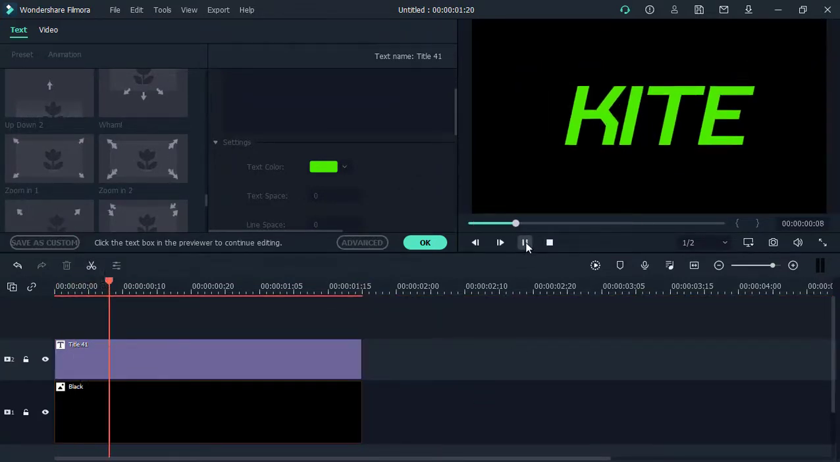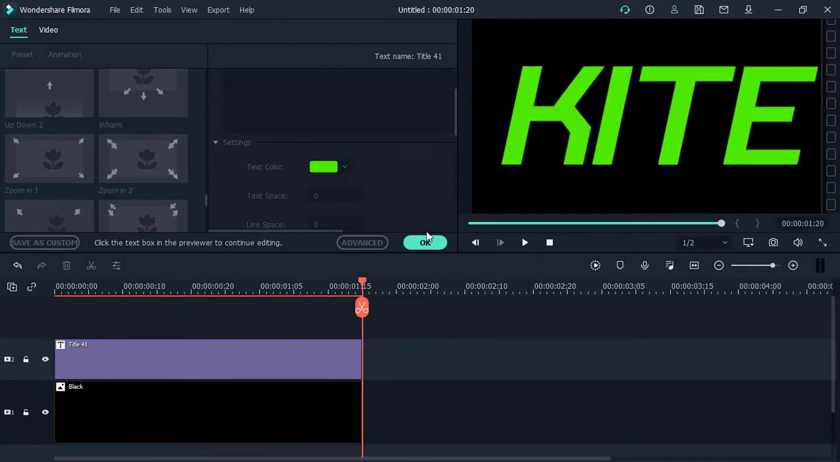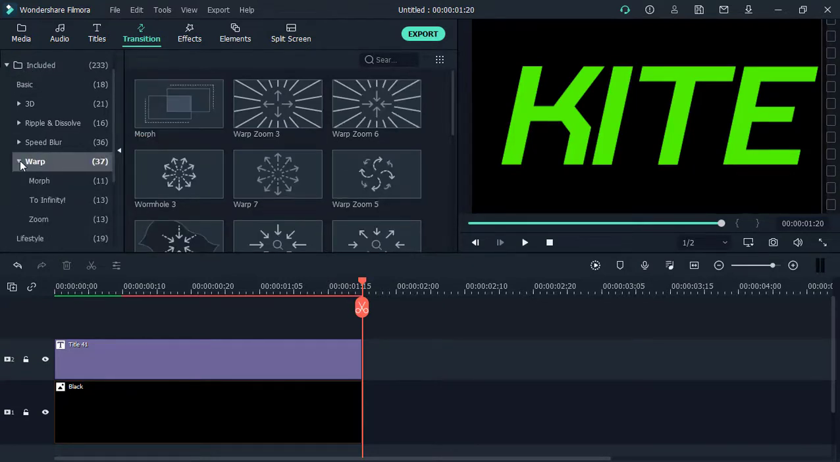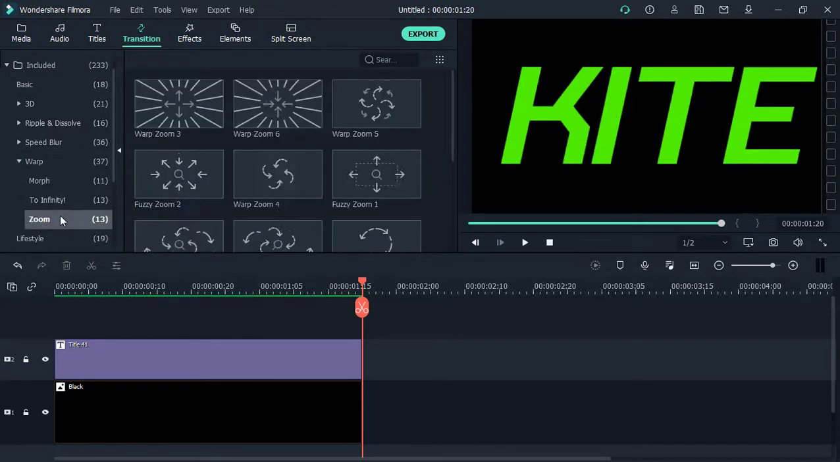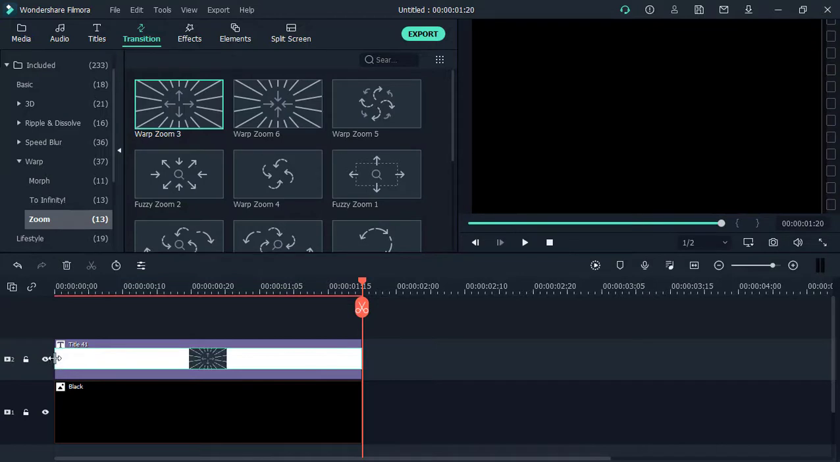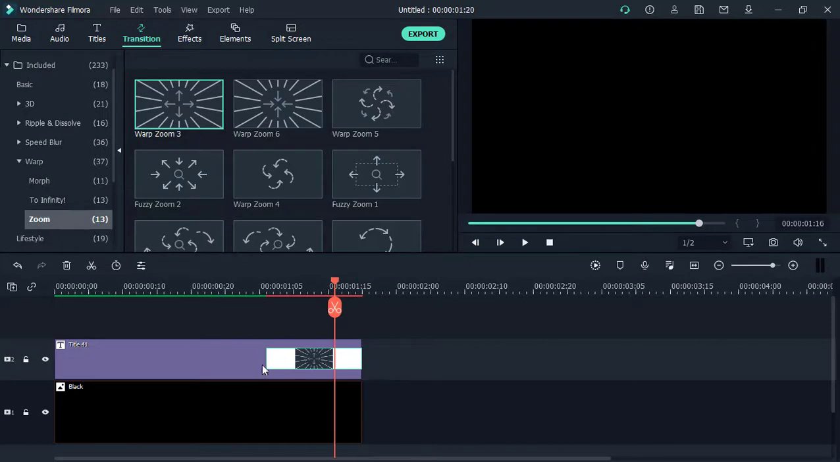Now you play this and boom, it looks kind of nice, but we're not done yet. Now you head over to the transition tab. Now you find the warp transition, and then you add the warp zoom 1 transition to the text. So now you trim that off towards the ending to wherever suits you. Yeah, I think I'm okay with this. You play this, good. This actually looks cool. Thereafter you export, and when you're done,